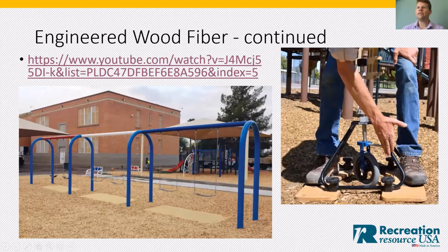They did a test with this device here. It's a rotational penetrometer, I believe is what the device is called. Sorry, I don't have my notes shown here on the screen, but that device is used to show the torque values that are required for somebody to move through that engineered wood fiber in a mobility device. It measures either the torque required to physically move forward, or to rotate in their mobility device, and makes sure that it does not sink down into the mulch too far